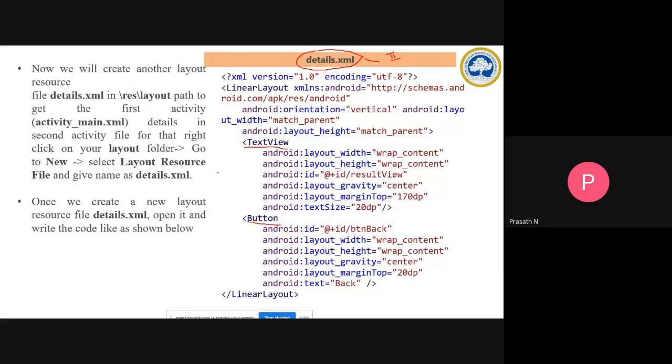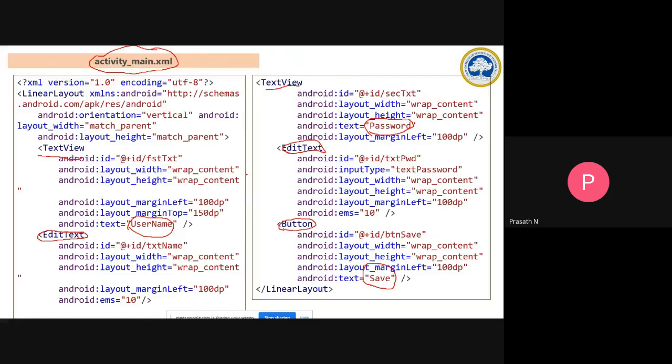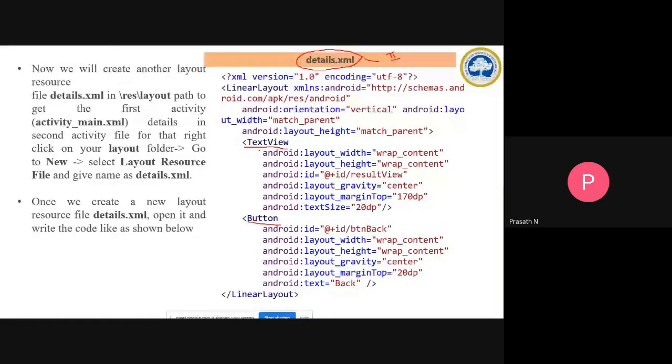Whatever you entered there, all that information will be displayed in the text view. For that, we have created a text view. The input for this text view is this: here we gave username in the first edit text, and in the second edit text we gave the password. These two inputs will be stored and displayed in the text view